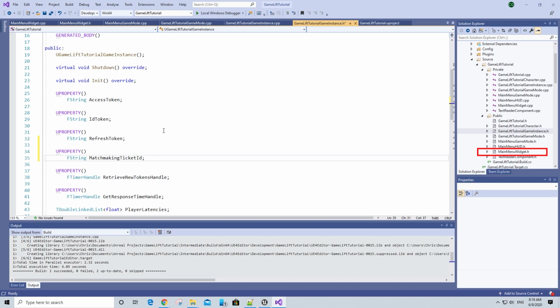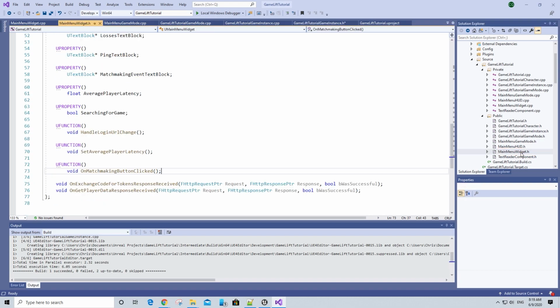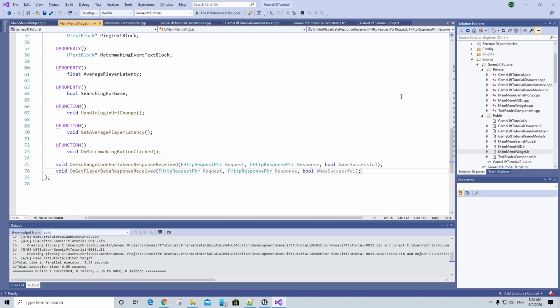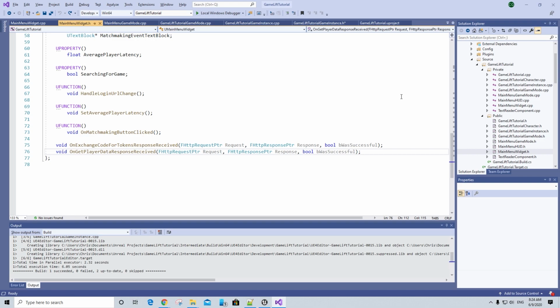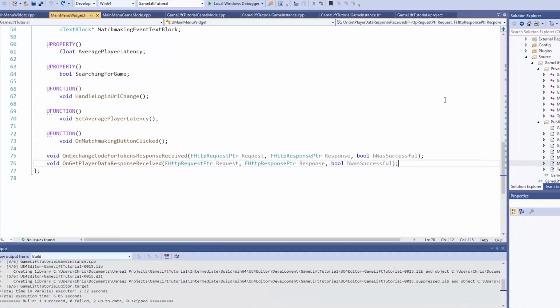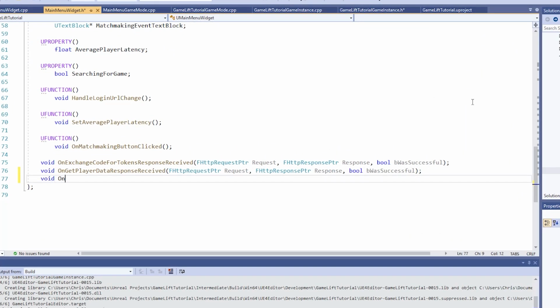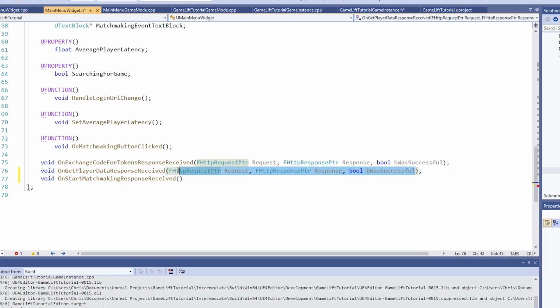Now let's go to the main menu widget header file. And then here, let's define two response handler functions, one for the start matchmaking API method and another for the stop matchmaking API method. So let's start with start matchmaking by typing out void OnStartMatchmakingResponseReceived. And then in parentheses, just like the other two response handler functions we defined, it will be the exact same 3 parameters. So just take one of these response handler function definitions, copy their parameters, and just paste them here